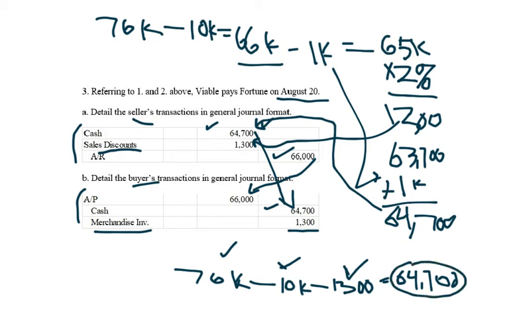So we get the same $64,700 change in merchandise inventory. It increased by that much, and that equals our cash payments as well. Remember, you have to have parity in those. Because why? Because, again, this is going to be truer in the next chapter, the next homework, which is when